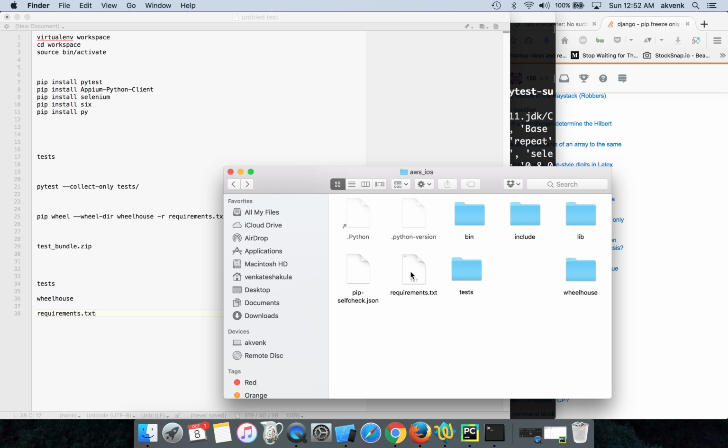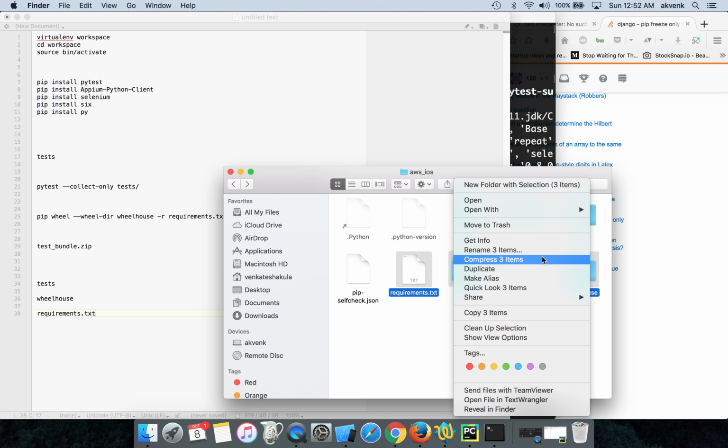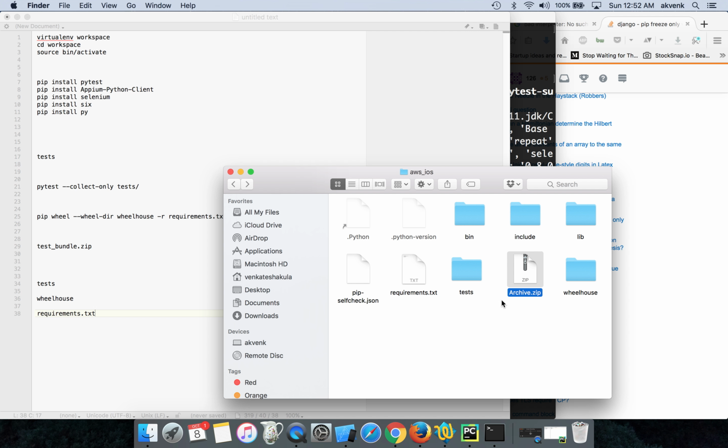Then hold command, select requirements, tests and wheelhouse, right click and click on the compress option. You get an archive.zip file, rename it to test_bundle. In the next video, let's see running this test bundle